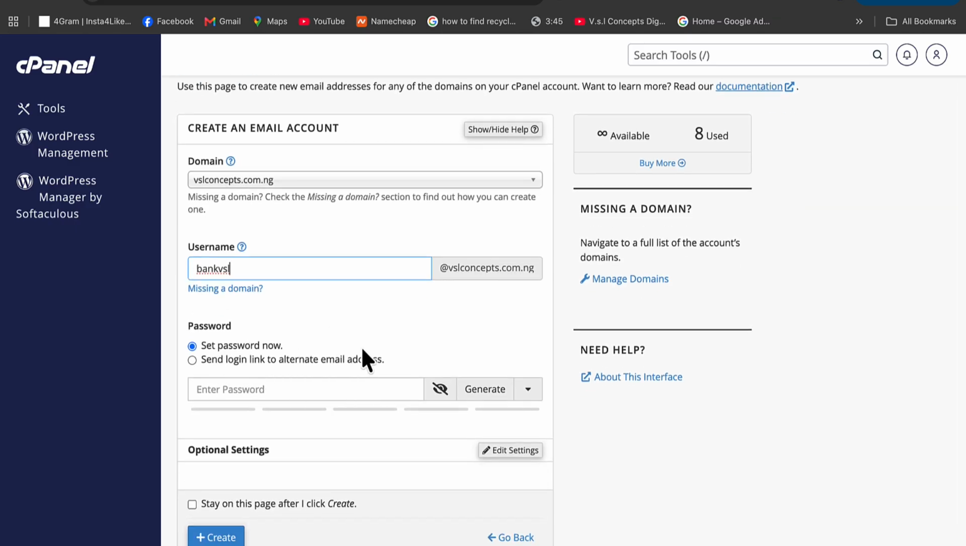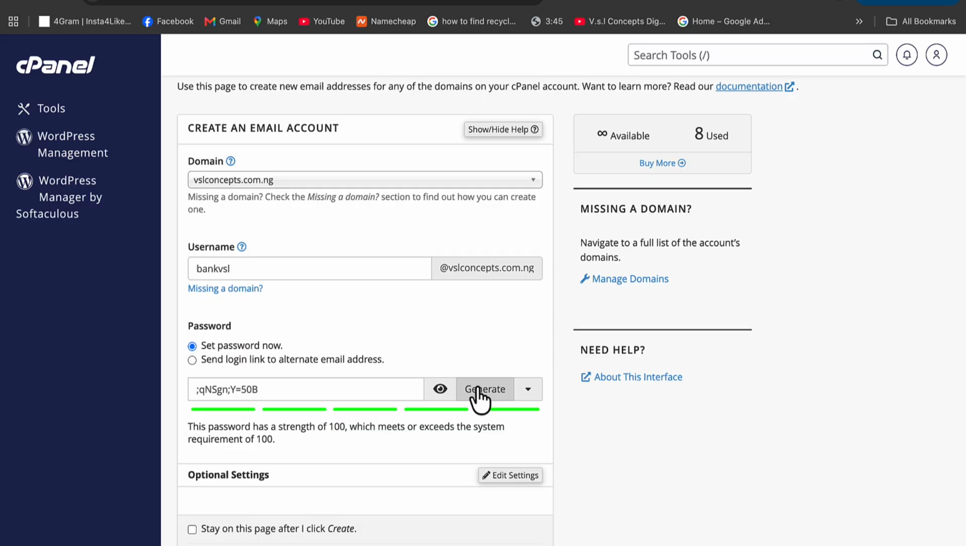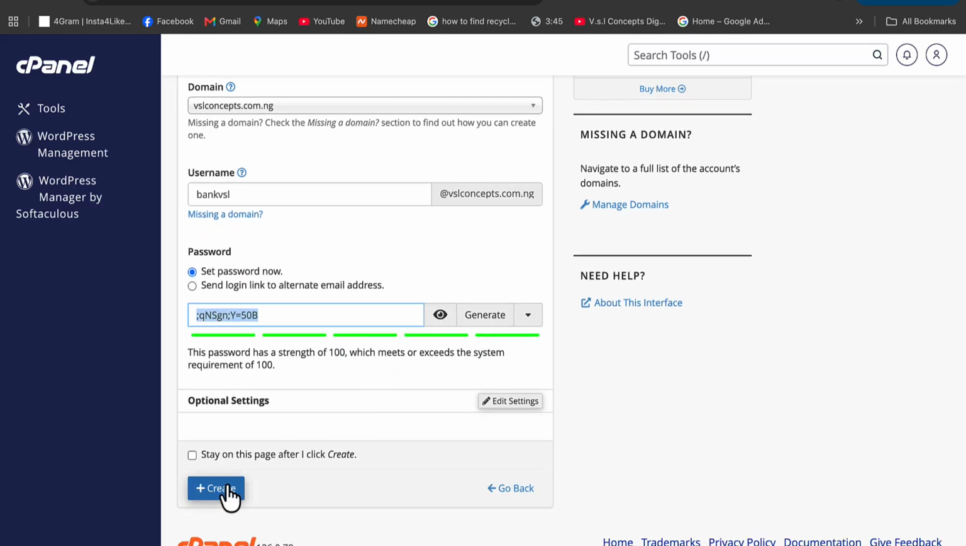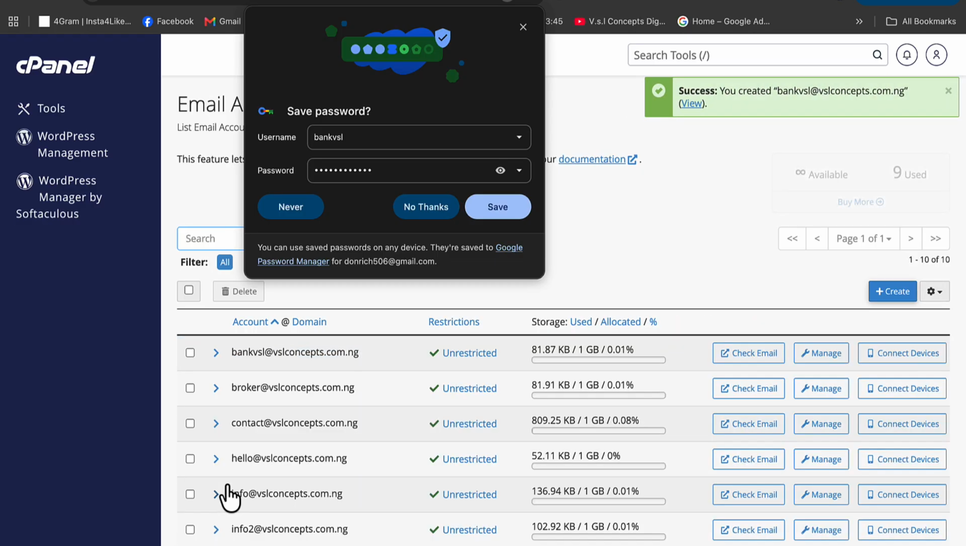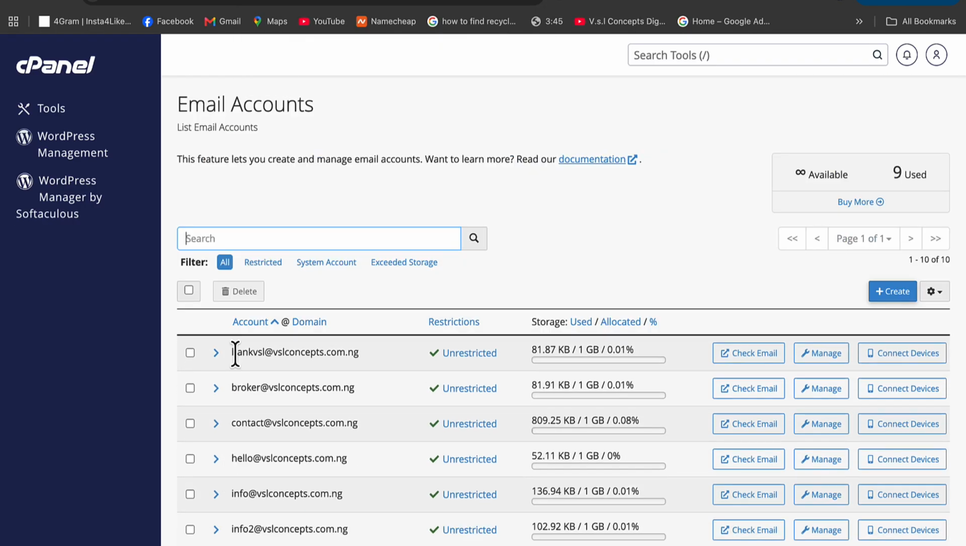Click on generate password. Generate any password and make sure you copy the password. Then scroll down here and click on create. Now I have created this. So this is the bank email I've just created. Remember, I copied the password. I'll just come over here and click on